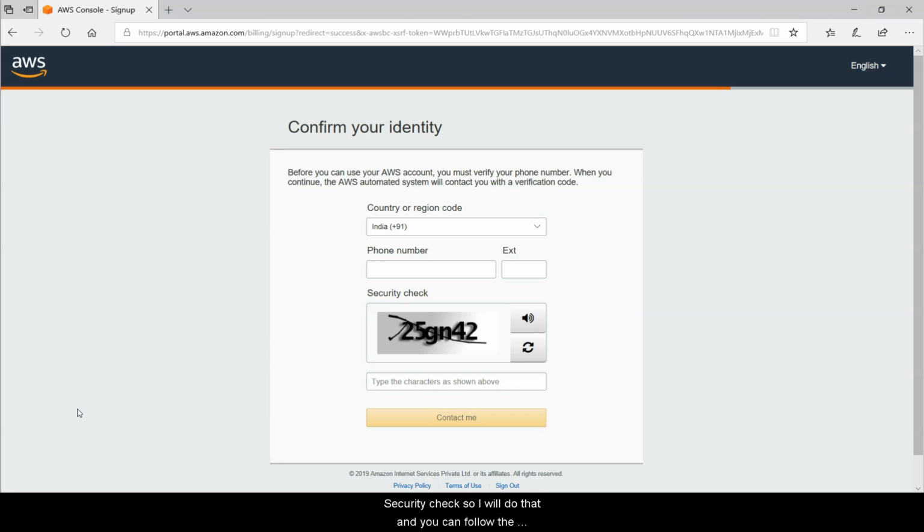So I will do that, and you can follow the steps as well on your screen and move on with this process. Once you click on contact me, you will get a live call from the Amazon side so that they can verify that the number you have entered here belongs to you, and you will be all set after that. So fill in all this information as per your phone number and the security check on the screen and move on with this process.